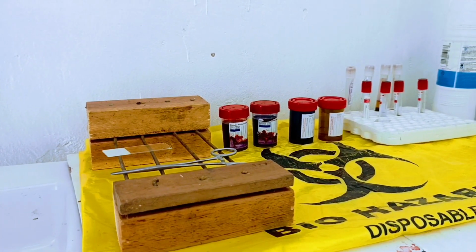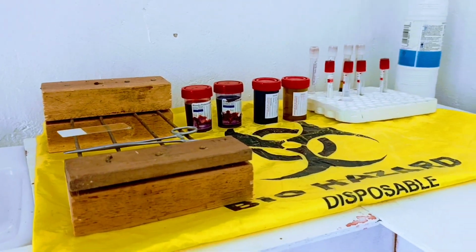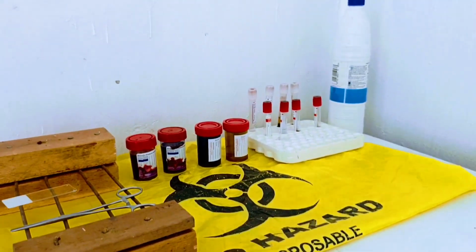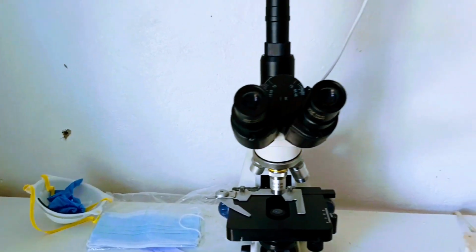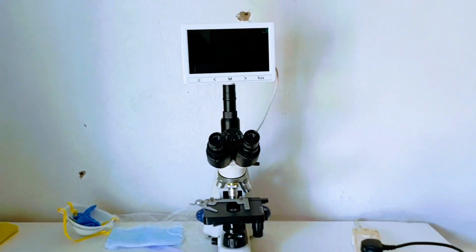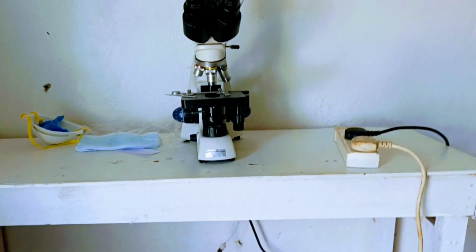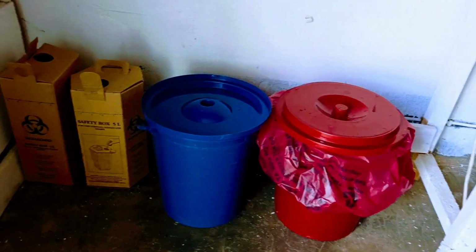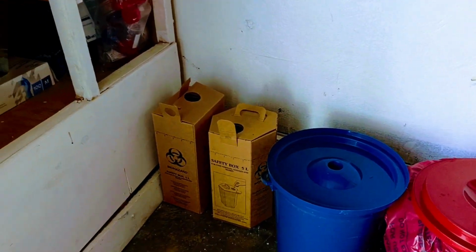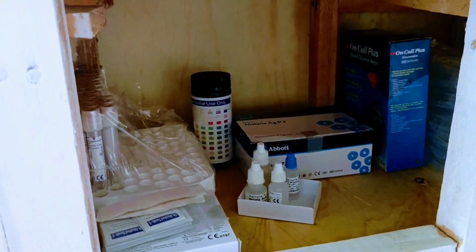I am not a lab technician. All I know is we have these things here set up to help us in the lab. I think those are reagents, and we also have a microscope with us. That is how it looks. It is a recent addition, the baby of the family, plus our waste bins. So we have some bin liners in there. Those are our sharps boxes, and then all the